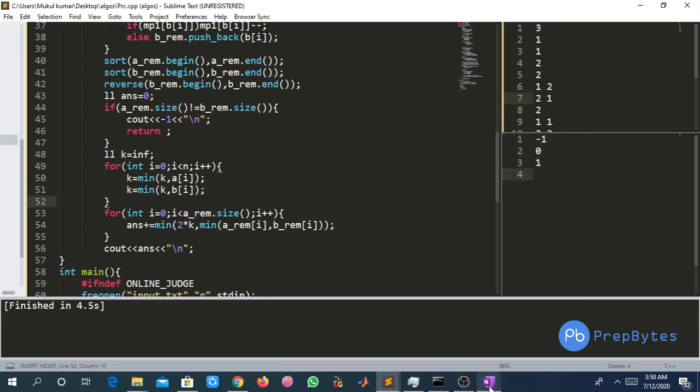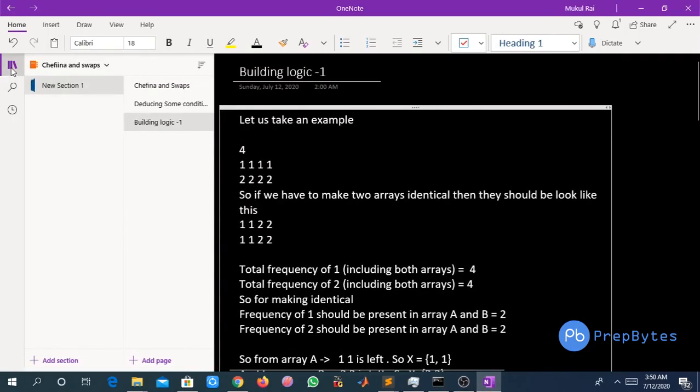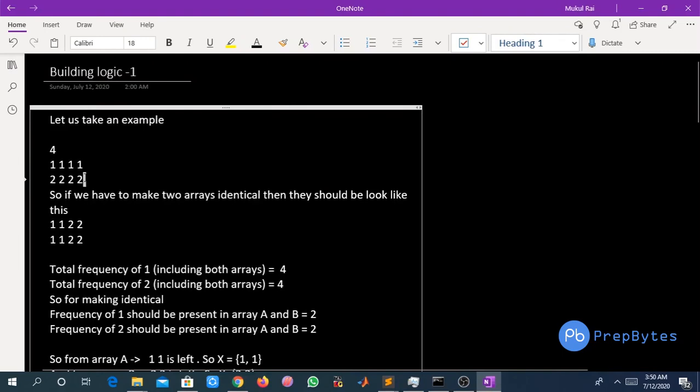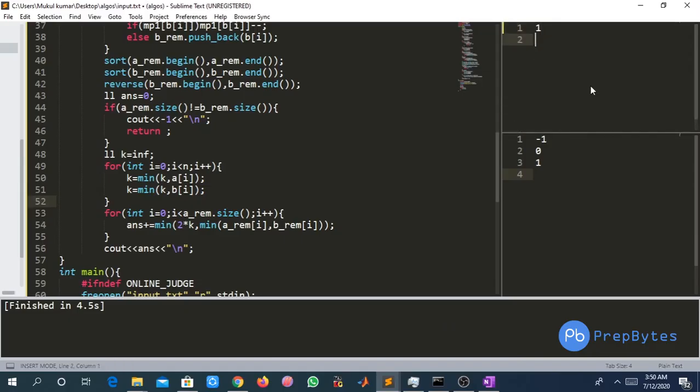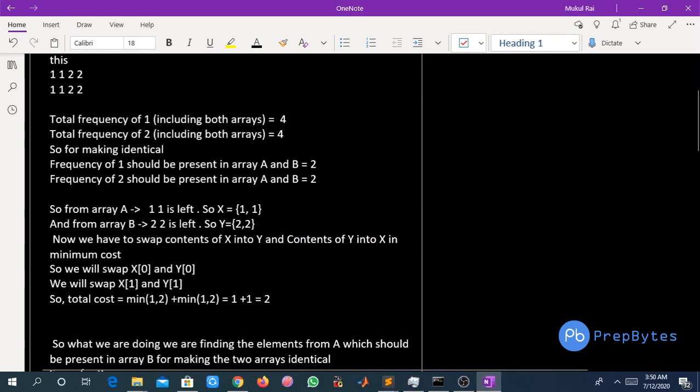Let us run some more test cases which we have discussed there, right? So let us take this one, that is test case 1, n equal to 4, there is 4 1 in array 1 and 4 2 in array 2, right? So the minimum cost for this is nothing but 2, right?